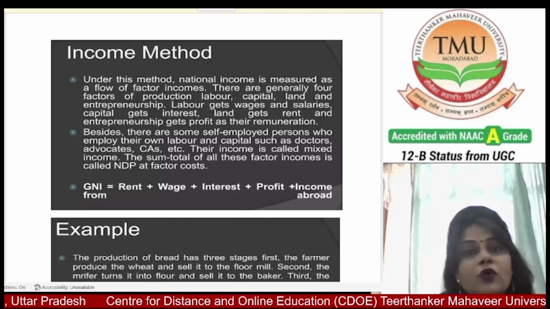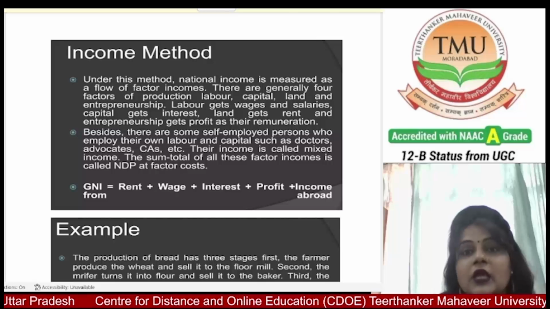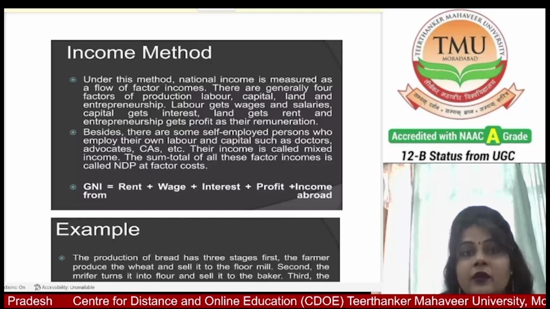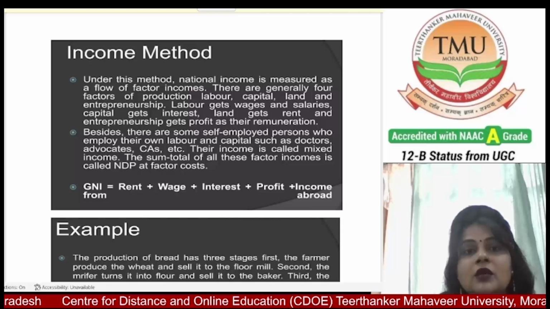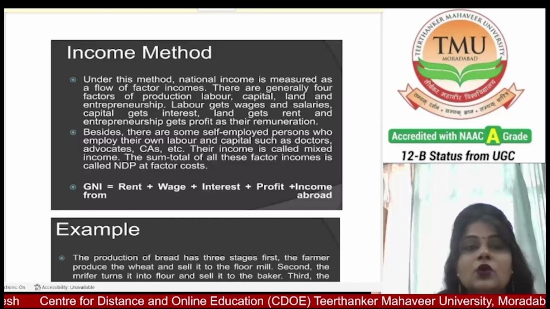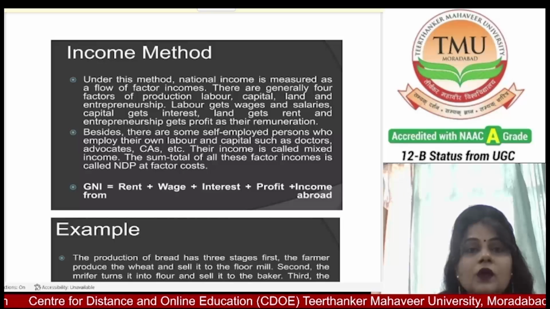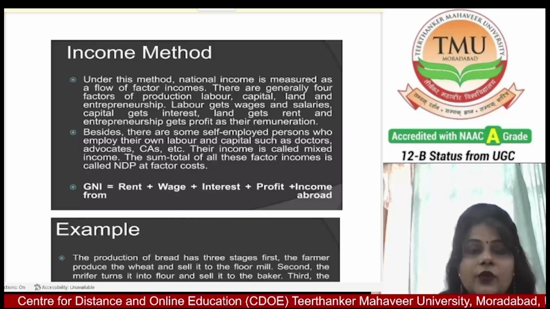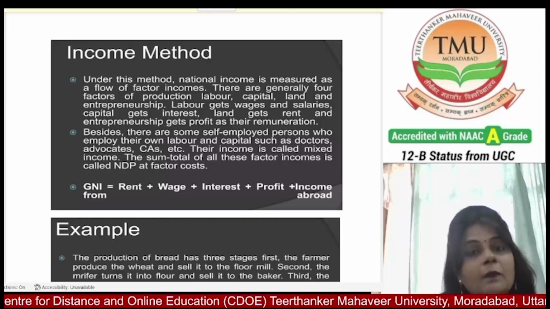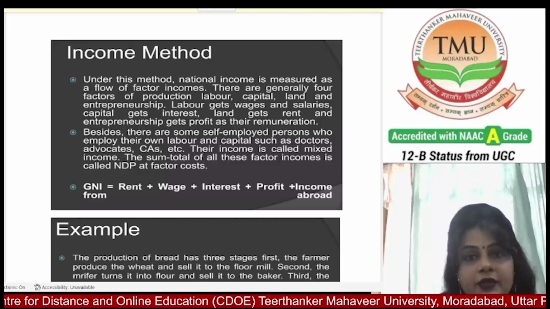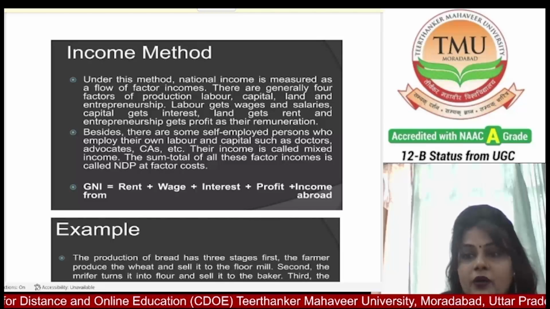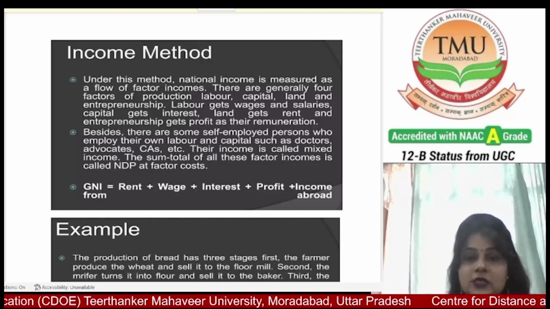The sum total of all these factor incomes is called NDP, net domestic product at factor cost. So, gross national income is equal to rent plus wage plus interest plus profit plus income from abroad. So in simple terms,